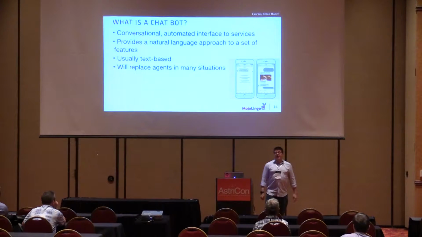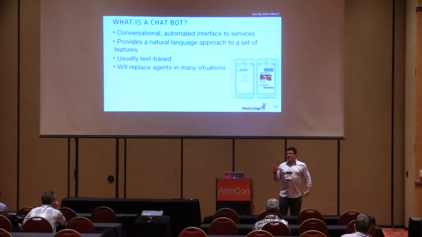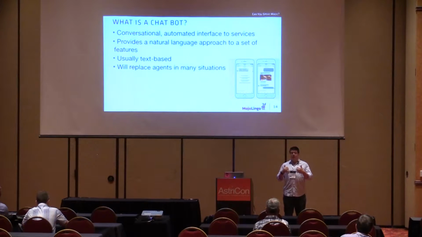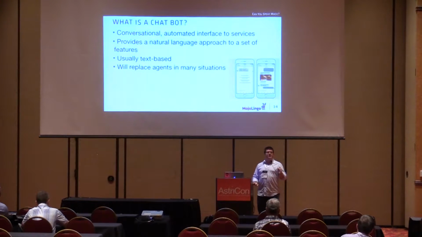They will eventually replace agents in many situations as they get better, and Watson is at the forefront of what you can do with bots. As they get better, it will be easy to replace agents in situations where the operations you want to do are a limited set and they're pretty fixed. So for example, very soon this very system is going to replace a newspaper delivery system where people complain if they don't get the newspaper. We currently have agents getting the calls and things like this. It's going to be turned into a fully automated system where you tell it the date and the names of the publication you were supposed to receive. It will automatically check if you were supposed to get it and then let you know if they're going to redeliver it or credit you for the missing issue and things like that.